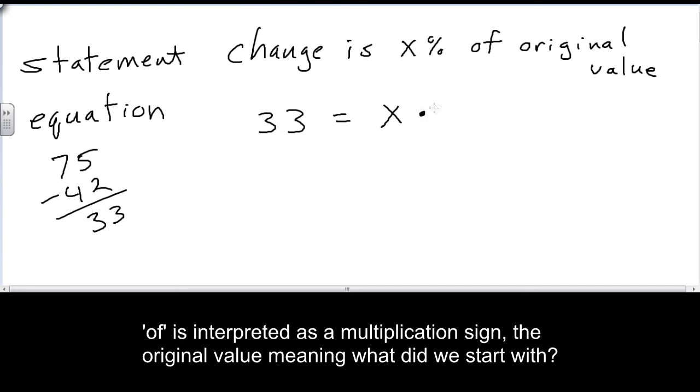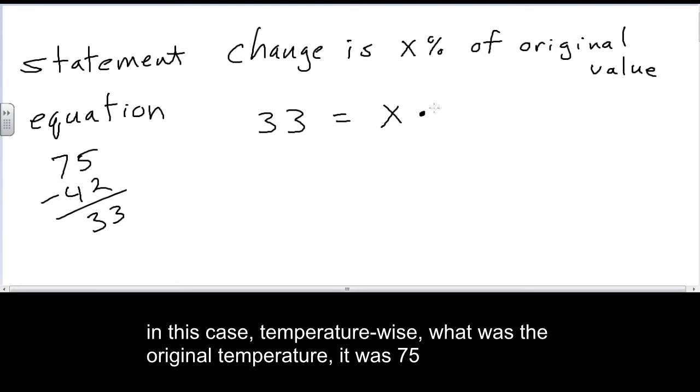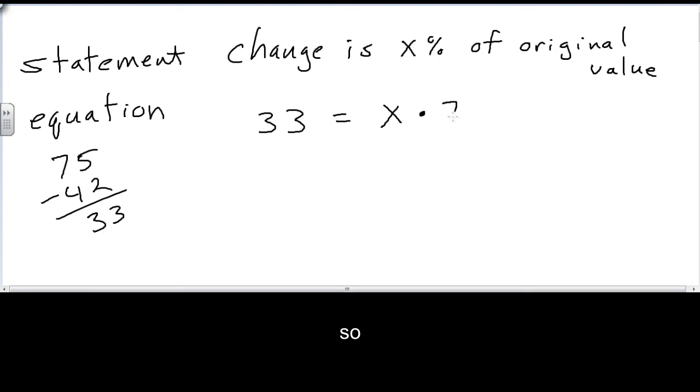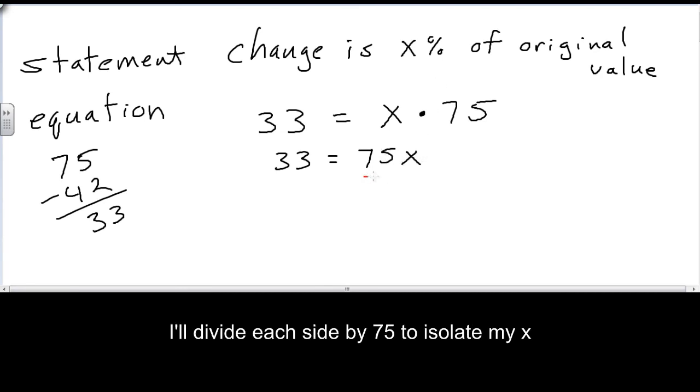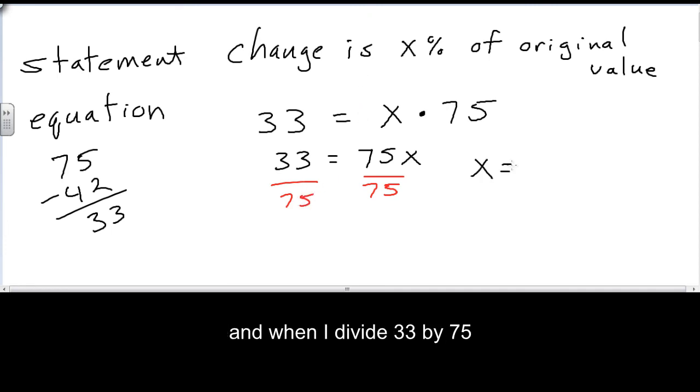The original value, meaning what did we start with? In this case, temperature-wise, what was the original temperature? It was 75. So 75 is put in that spot. So I'm really solving the equation 33 equals 75x. I'll divide each side by 75 to isolate my x. And when I divide 33 by 75, I get